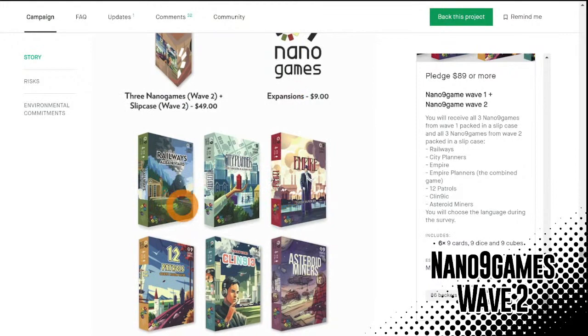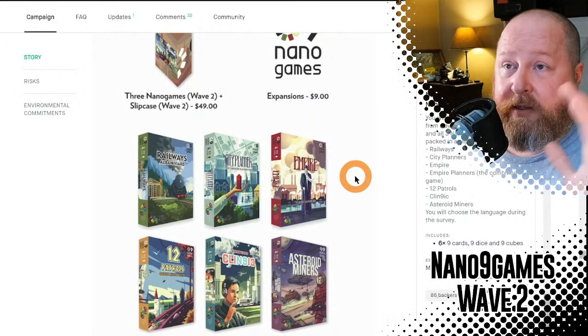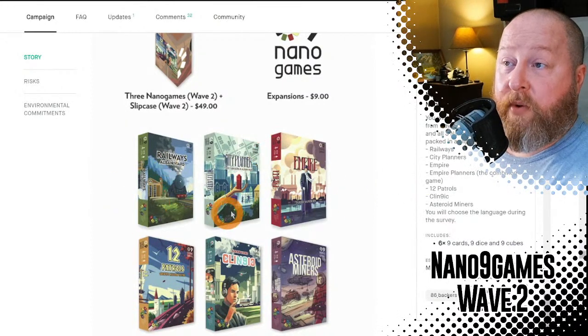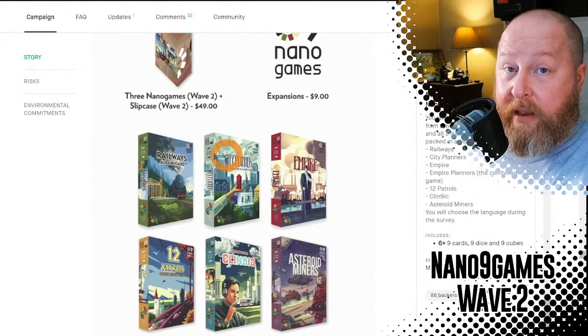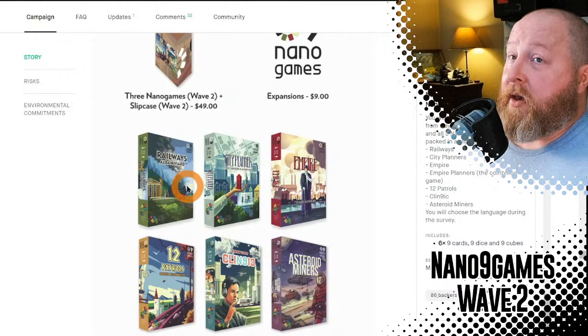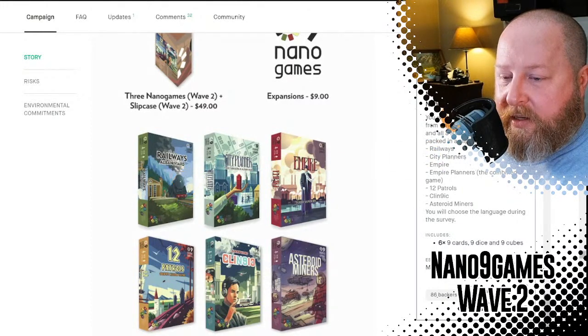There we go. Railways, City Planner, and Empire. So the people who designed this, who came up with Nano Games, they found a way to take all 3 of the previous games and combine them into one super game. That's amazing. Okay, and the only way to get that is with this